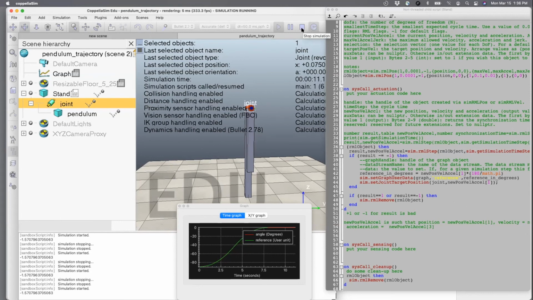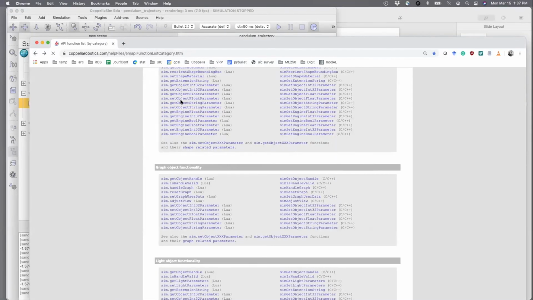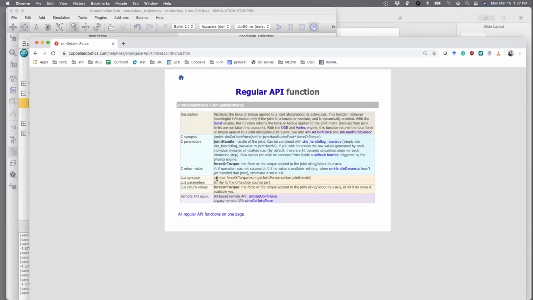Now one thing here is, if it's tracking correctly, you might want to know the torque at the joints, or the torque at the motors, which the motor is applying. You only know the set position, and it's sometimes useful to know the torque, because that can be one of your measurements. There is a command called get joint force. If you use force or torque get joint force, it will give you the torque at the joint. For a linear joint, it gives you the force. For a rotary or revolute joint, it gives you the torque in Newton meters. So we just take that